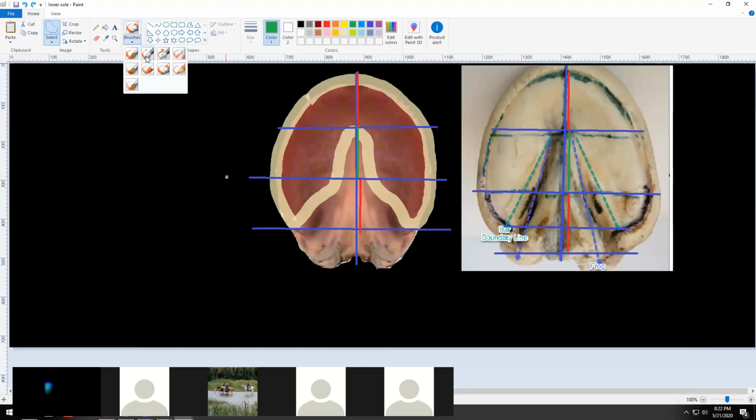Just a minute. Let me do this smaller. Okay, right down here is the bar's origin at the bottom of the collateral groove. Yep, right there. And so they grow from there up like that. And really, how far towards the apex do they go when they're growing? They should only be growing right to there. Okay, so they're not growing